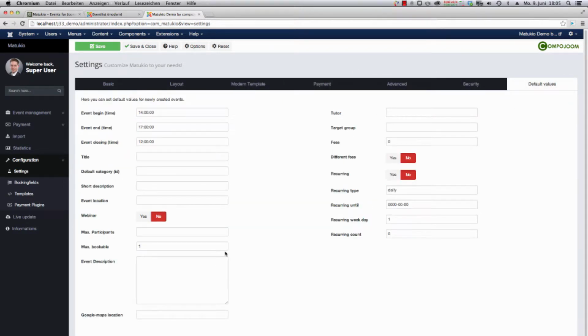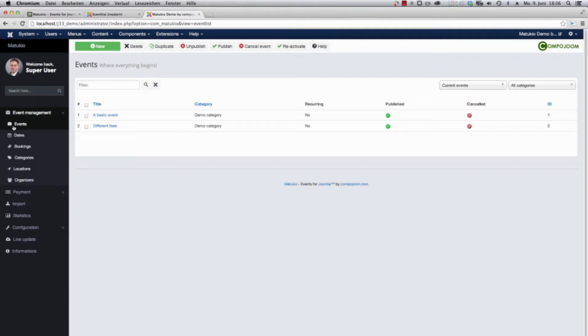But let's start with some of the new core features. One of the most important is recurring events. Recurring events is a long-awaited feature. It took us a lot of effort to write that right, and it makes Matukio one of the best Joomla event solutions. Let's start. If you want to create a repeating event, you can just go to the events view